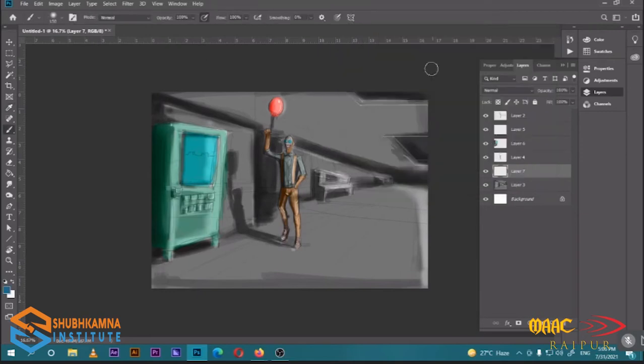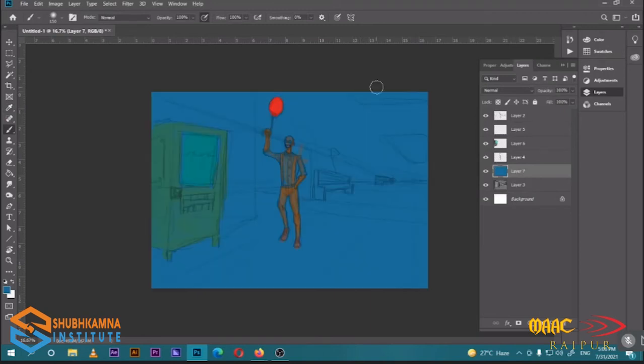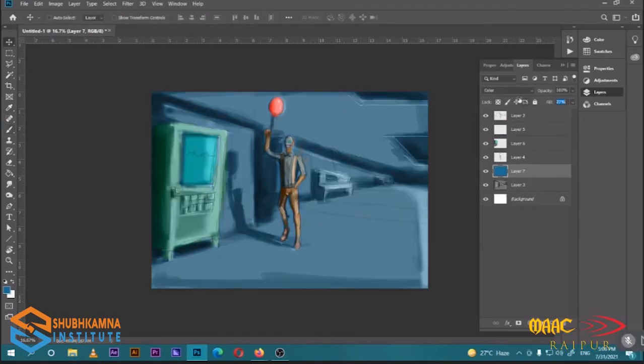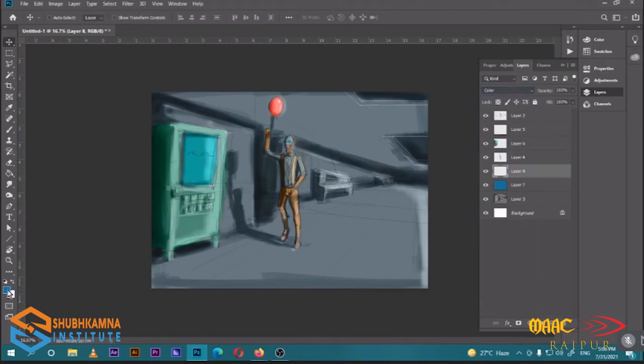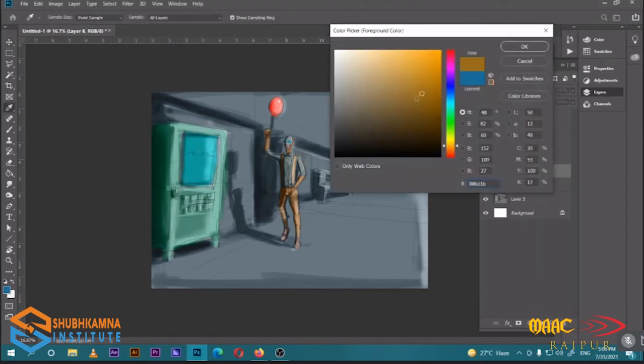Now I'm going to provide a little bit of tint in my particular artwork. So I'm going to provide a blue color, very small tint. Then I'm going to take another layer, put in a color orange,